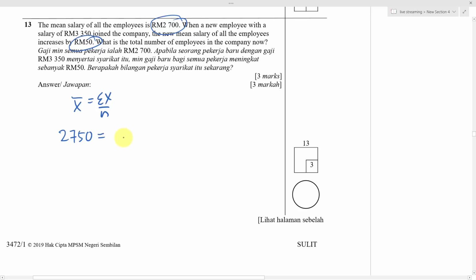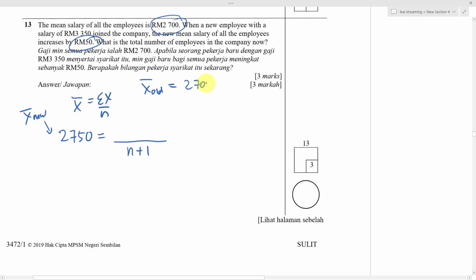And my n is definitely n plus 1 because I already added 1 employee. We still need to get the original mean, so the old mean over here is